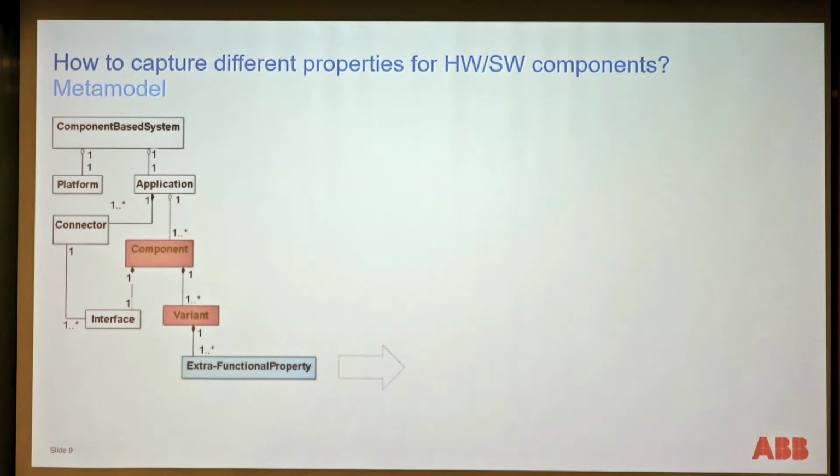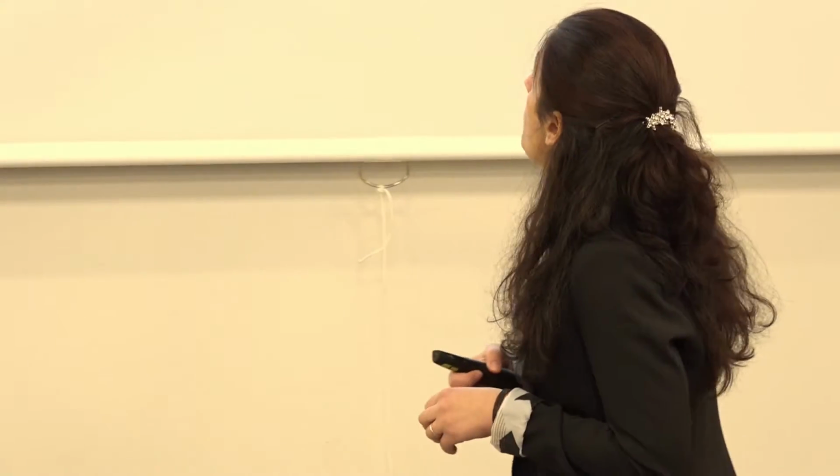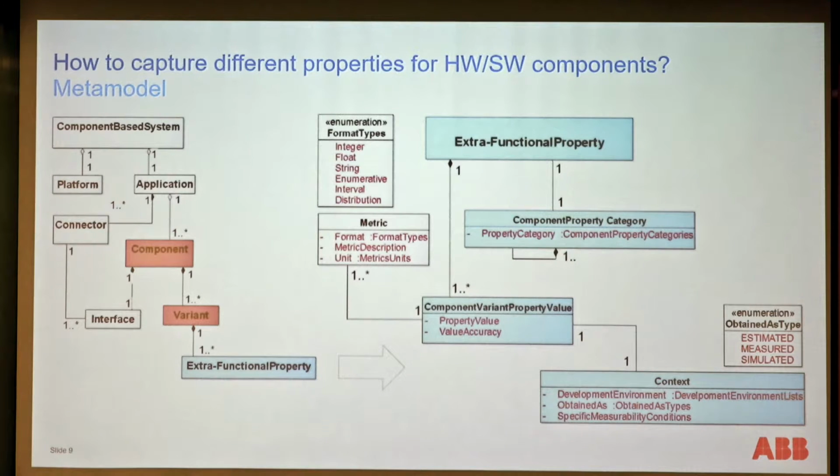So we further specialize the extra functional properties in order to capture, in a systematic and automatic way, the difference between the hardware and the software extra functional properties. And we here propose a meta model of the extra functional properties in which the extra functional property is categorized and which value can have different